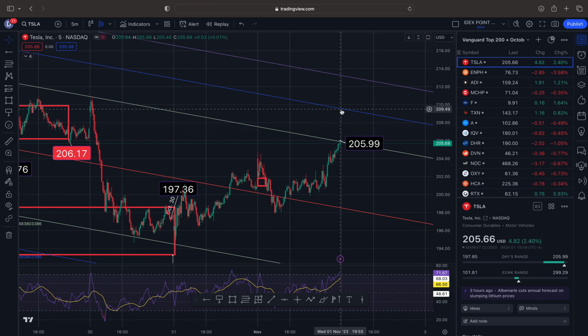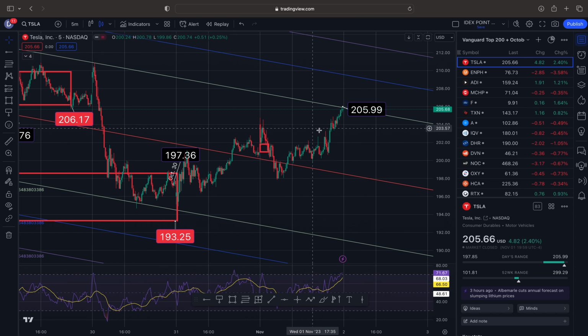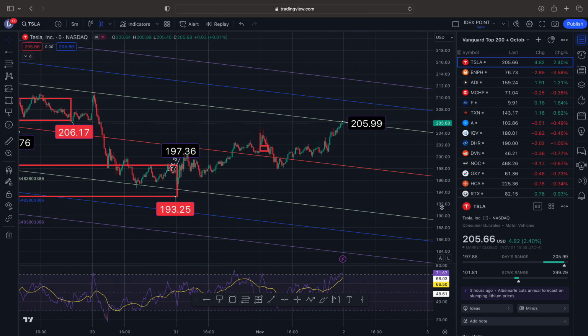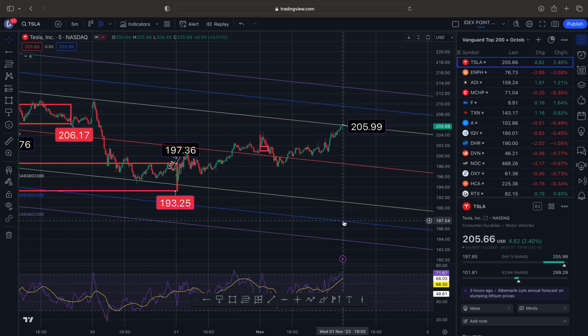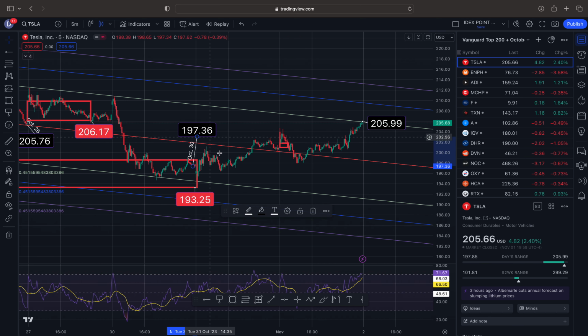All right, to the north side at 3 standard deviations, 209.57, and at 2, 3, and 4 standard deviations, and an outlier, 213.28. Now to the south side, if we are here, this turns into support, where I anticipate a bounce if we make it to this level, 198.48, 191.24, 187.54, and 183.85. This gap that I talked about on the 30th,